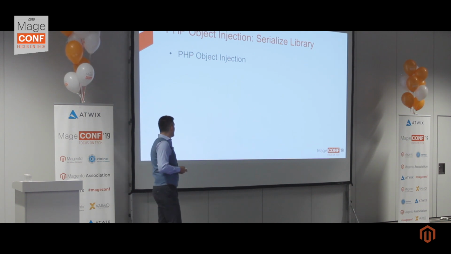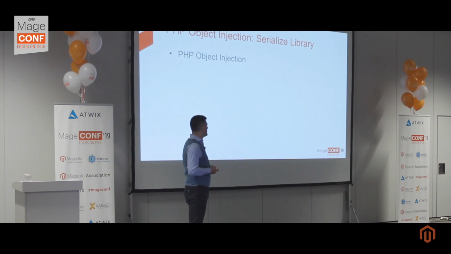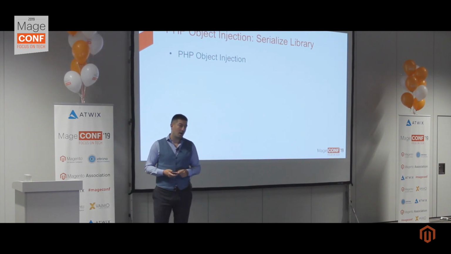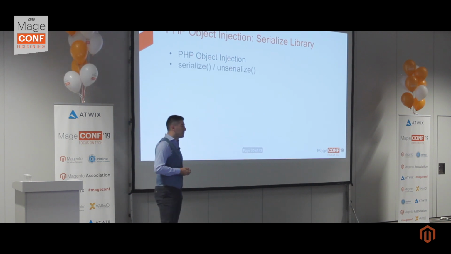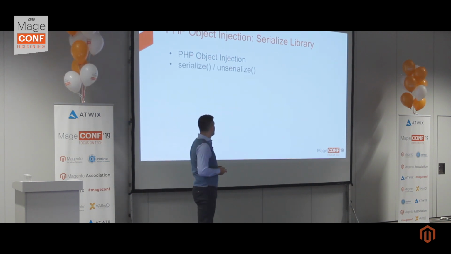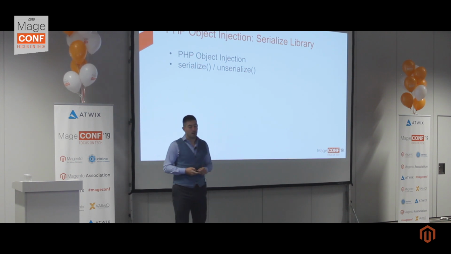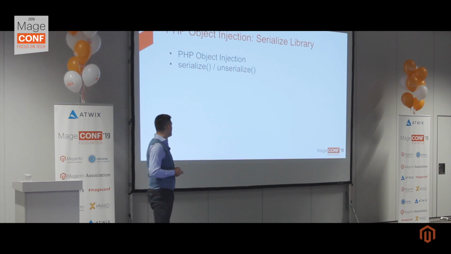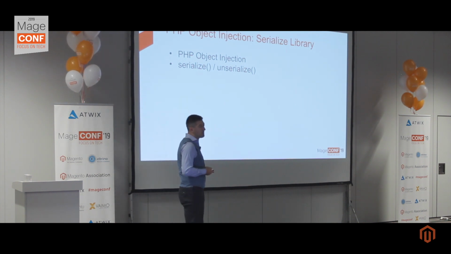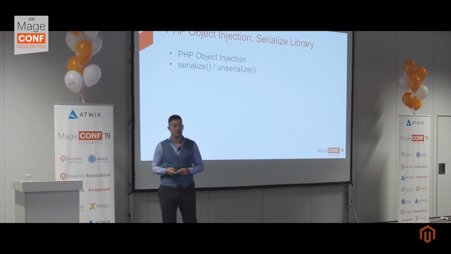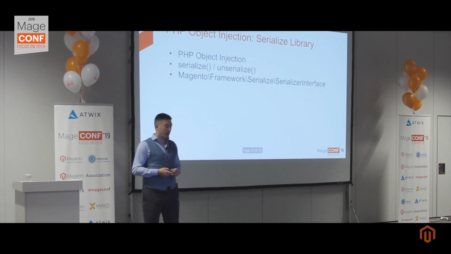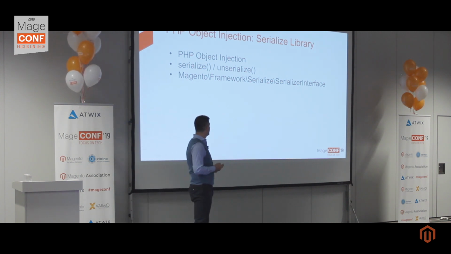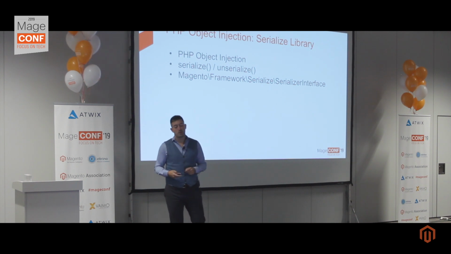The other problem which we had is PHP object injection. How is it done? Well, it goes through the serialize and unserialize methods, which Magento doesn't recommend you to use anymore. By default, you can use them if you need them for some specific cases, but you need to have a really good reason for that. And if you want to serialize any data, you should use this interface, which will,